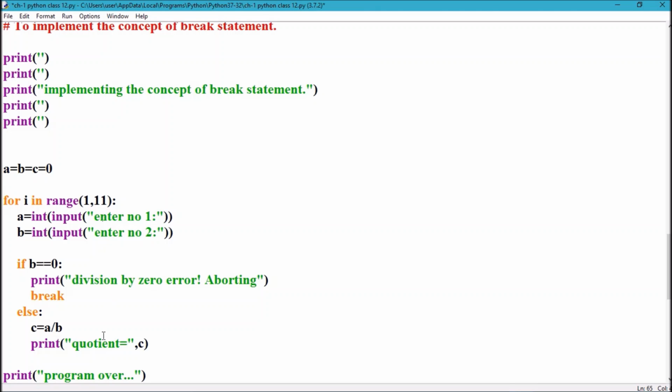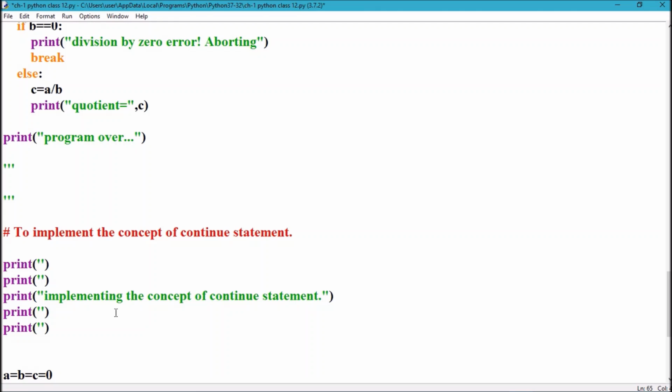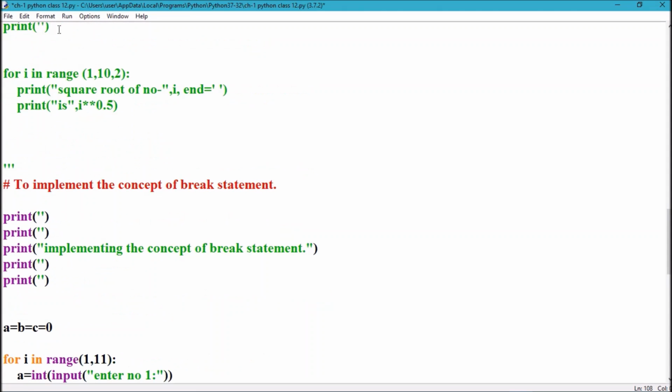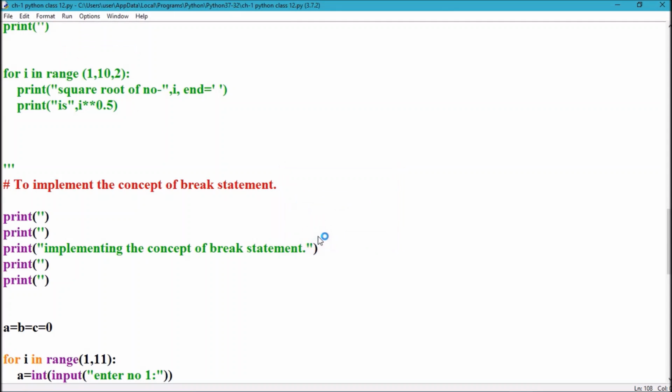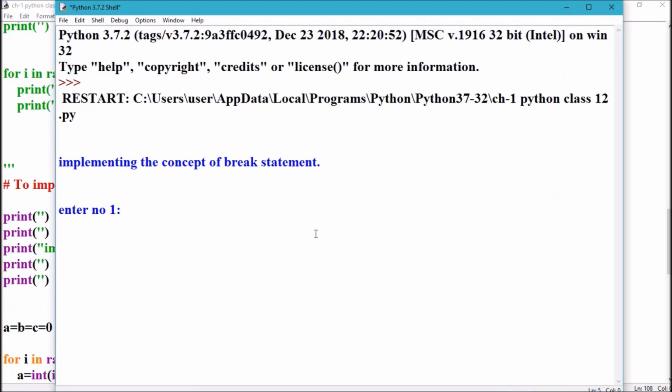So let us execute this particular program. To implement the break statement, enter the number that you want to divide, then the second number by which you want it divided. So the outcome is this.